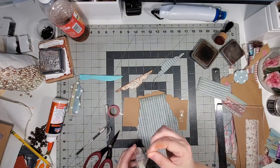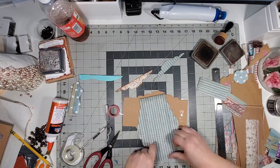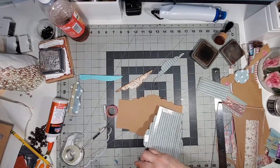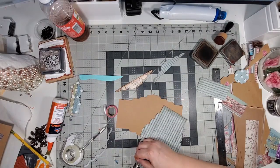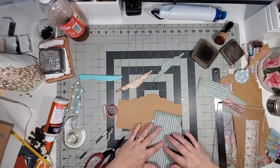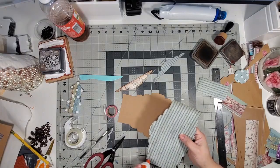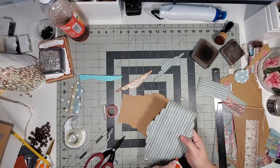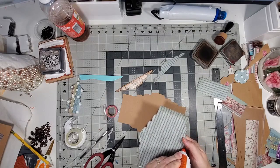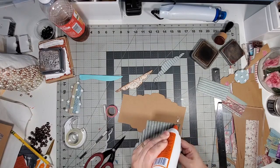Okay, grabbing this little piece. Okay, so this one, let's cut shorter. I'm gonna put this in the middle as a reinforcement, and now I'm going to follow the edges, not very close because I don't want the glue to bleed out of